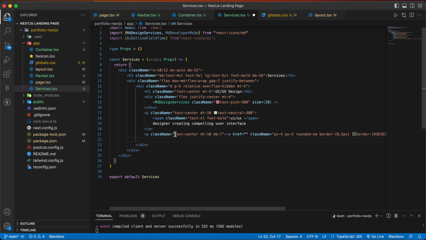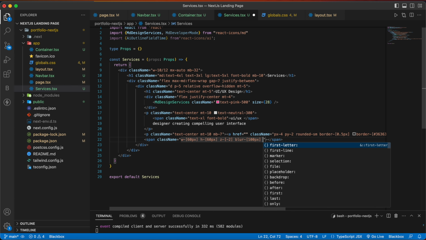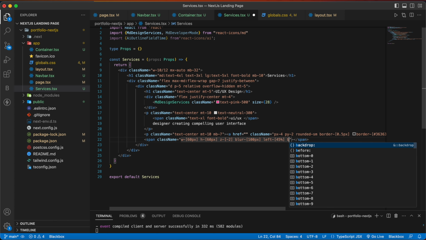For that, below this p tag, we are going to have a span with a class name w of 60 pixels, height will be 60 pixels, z-index will be -2, blur will be 100 pixels, left will be 45%, BG white, and position absolute, top 0.